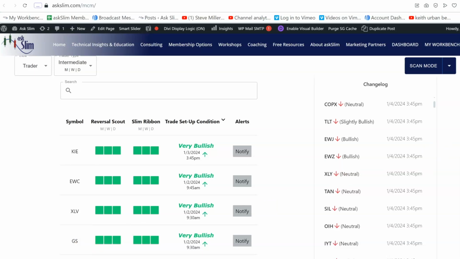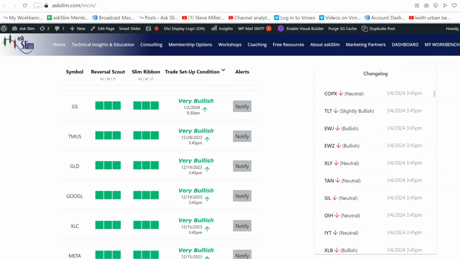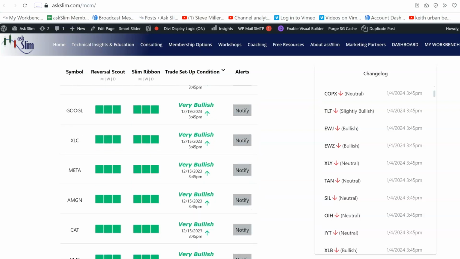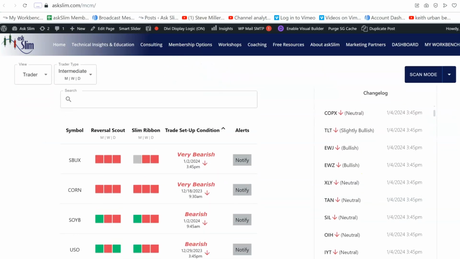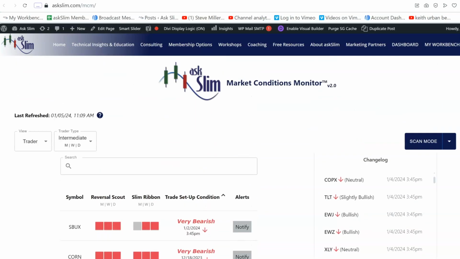And you could scroll down and see which of these stocks are still very bullish in here, all that great information. Or over here, again, I'm looking only at intermediate right now, and the very bearish ones right in here. So this is an unbelievable